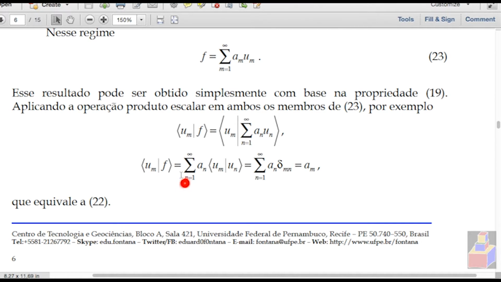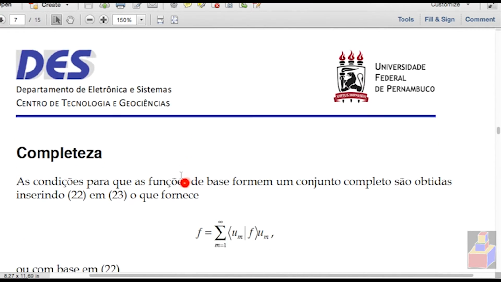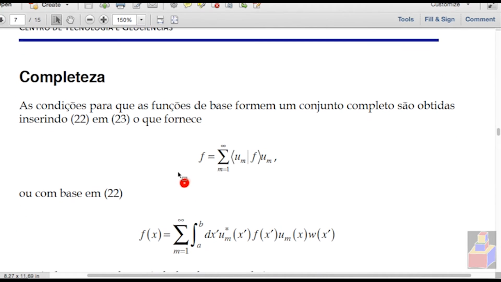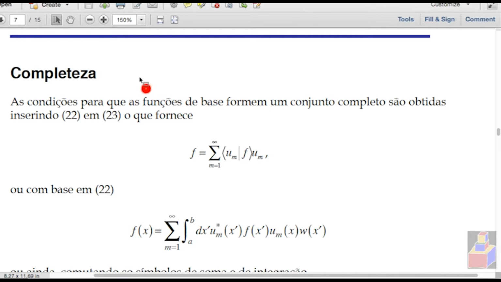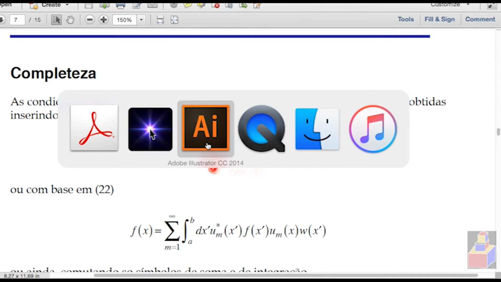Okay? So finally, to finish this class, the concept of completeness. How do we write an equation for saying that the set is complete? Well, let's see. That's the function expanded in orthogonal functions of the problem. The coefficient is given by this thing here. Okay. Recall that this is given by